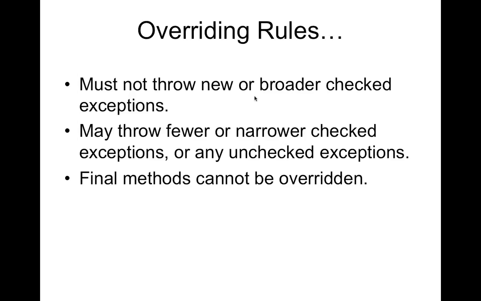IOException is specific, whereas Exception is broader than IOException. That means Exception is a superclass, whereas IOException is a subclass. So you can go further down and give more detail, but you cannot go higher. Any exceptions that extend IOException you can specify, but any exception above IOException, like a general, generic exception, you cannot throw. Those are much broader. You can throw narrower ones.